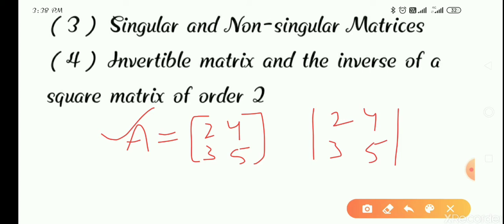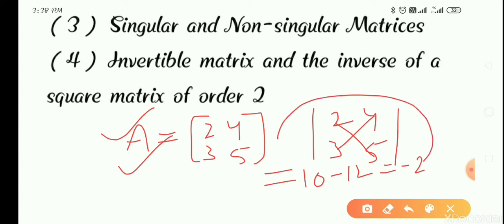Then the corresponding determinant you will get easily. And this determinant you can expand, as I told you in chapter 5. 2 fives are 10 minus 3 fours are 12. Its value will be minus 2. So associated with this given matrix A, there is a real number, minus 2, which